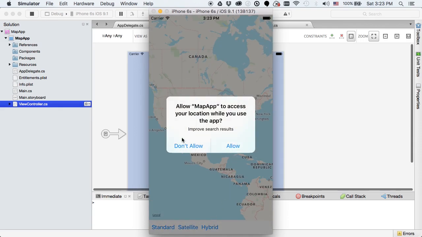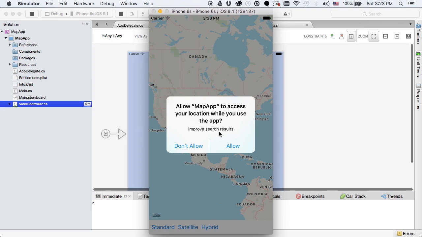All right, so as soon as we opened our app and opened this view controller, just as expected, we got our permission request here. And it says, allow map app to access your location while you use the app. And then in subtext there,